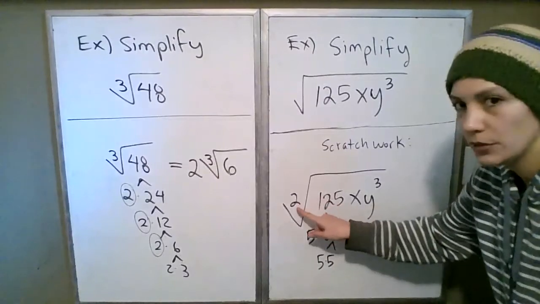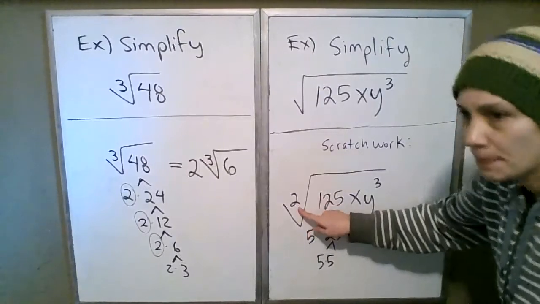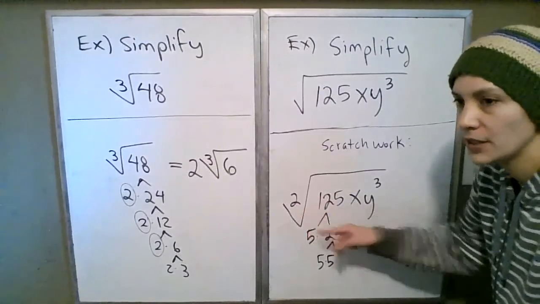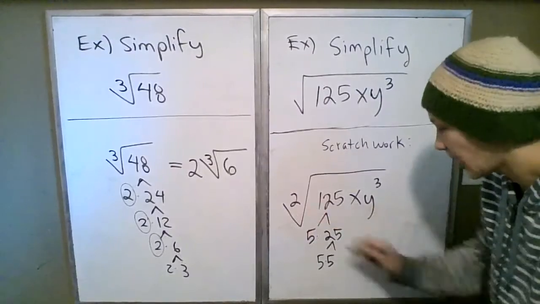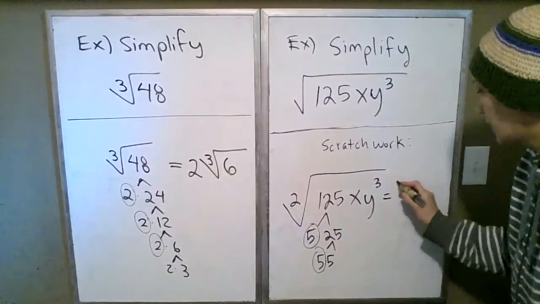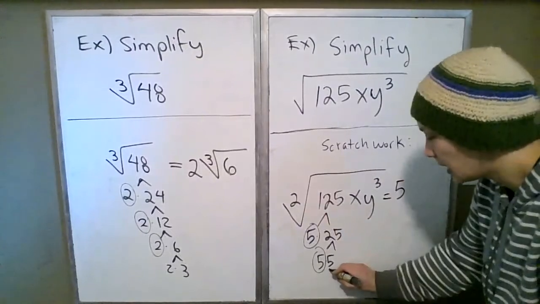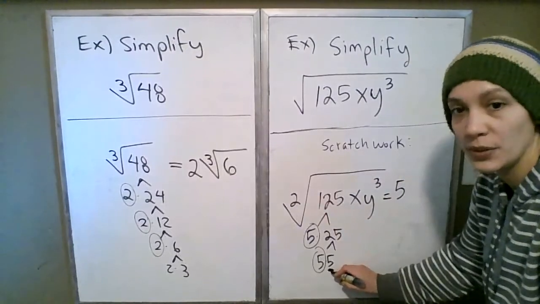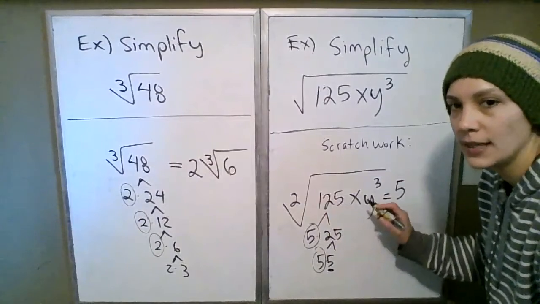So with my root 2, I can take out a factor if I've got 2 of them. Since I have 2 5s, I can bring out the number 5. But this 5 needs to stay under the root. And this x,